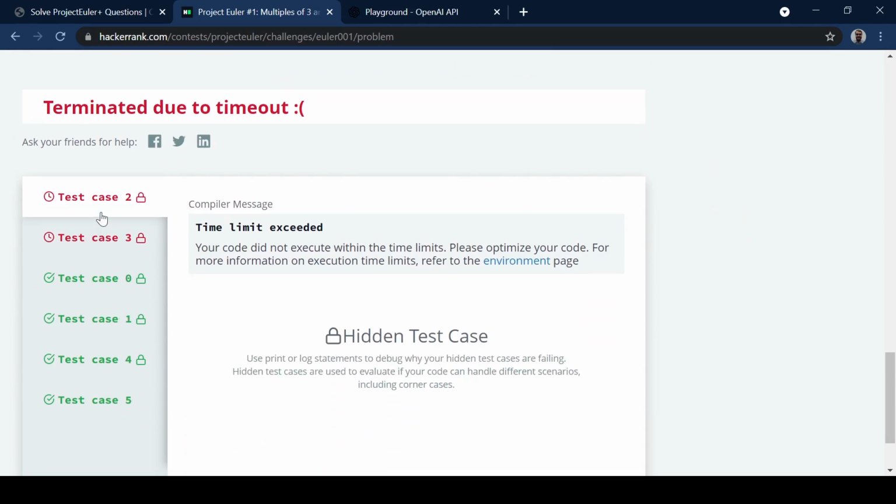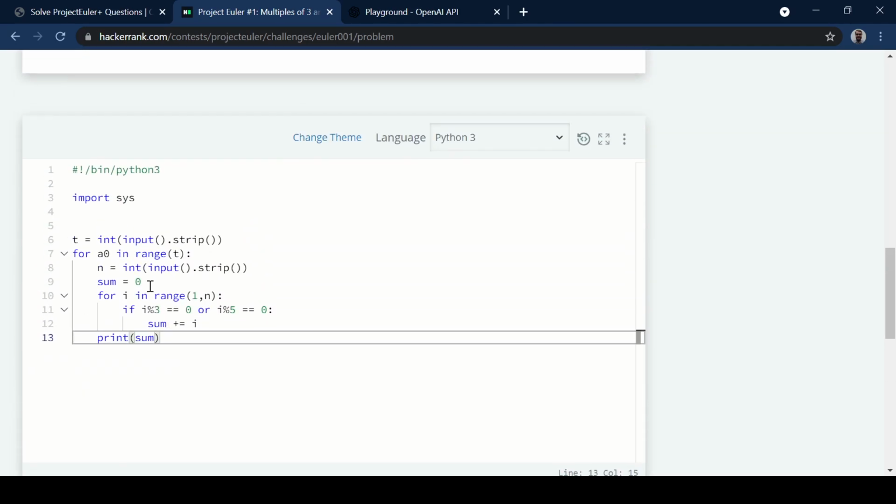So for these 2 test cases, 2 and 3, this timed out, it was too slow, because we iterated through all of the things. So if we did it up to 1 billion, we'd have to go from 0 to 1 billion and run that loop 1 billion times to add these numbers together. And the way you go faster than this is you need to observe that